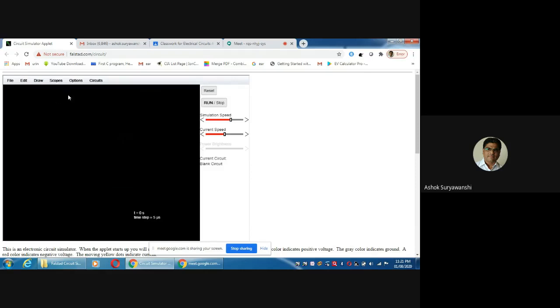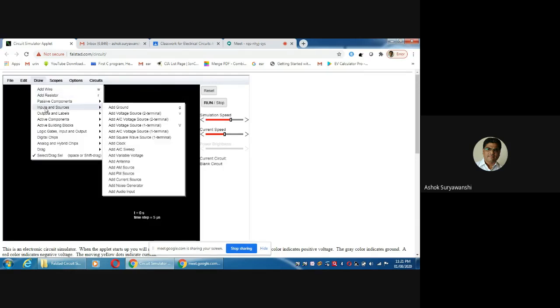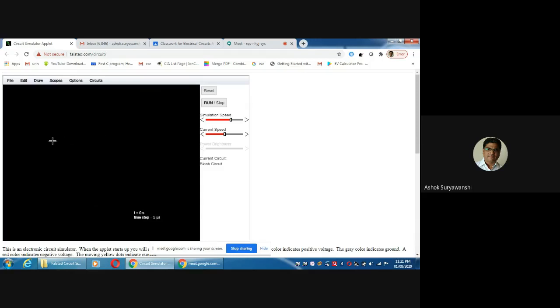So let us start with the first circuit from 1A. For drawing it, click on Draw. We need a voltage source, so go to Inputs and Sources, and click on Add Voltage Source (2-terminal). When you click here, drag in the upward direction with left click and pull it up.